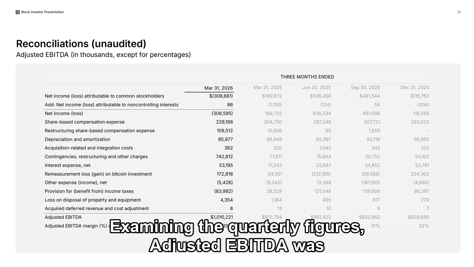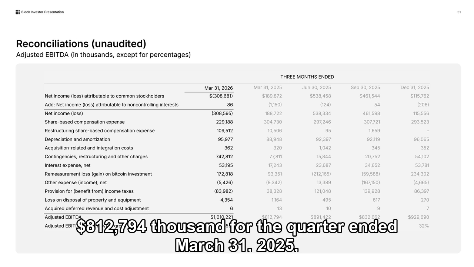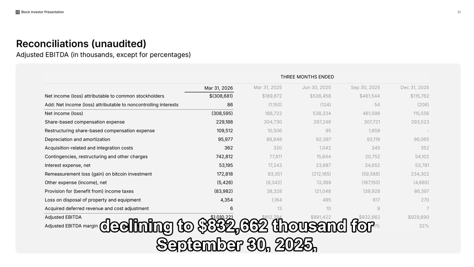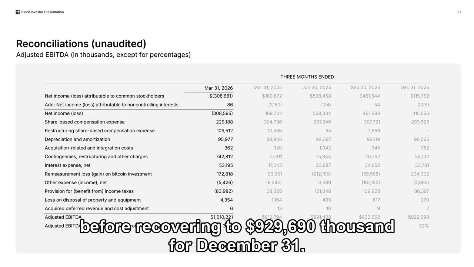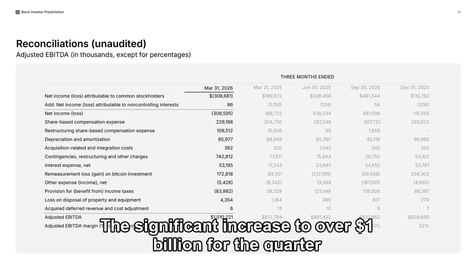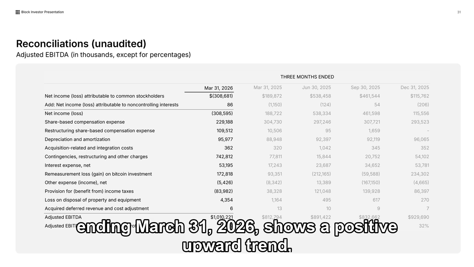Examining the quarterly figures, adjusted EBITDA was $812,794,000 for the quarter ended March 31, 2025, rising to $891,422,000 for June 30, 2025, then declining to $832,662,000 for September 30, 2025, before recovering to $929,690,000 for December 31, 2025. The significant increase to over $1 billion for the quarter ending March 31, 2026, shows a positive upward trend, suggesting